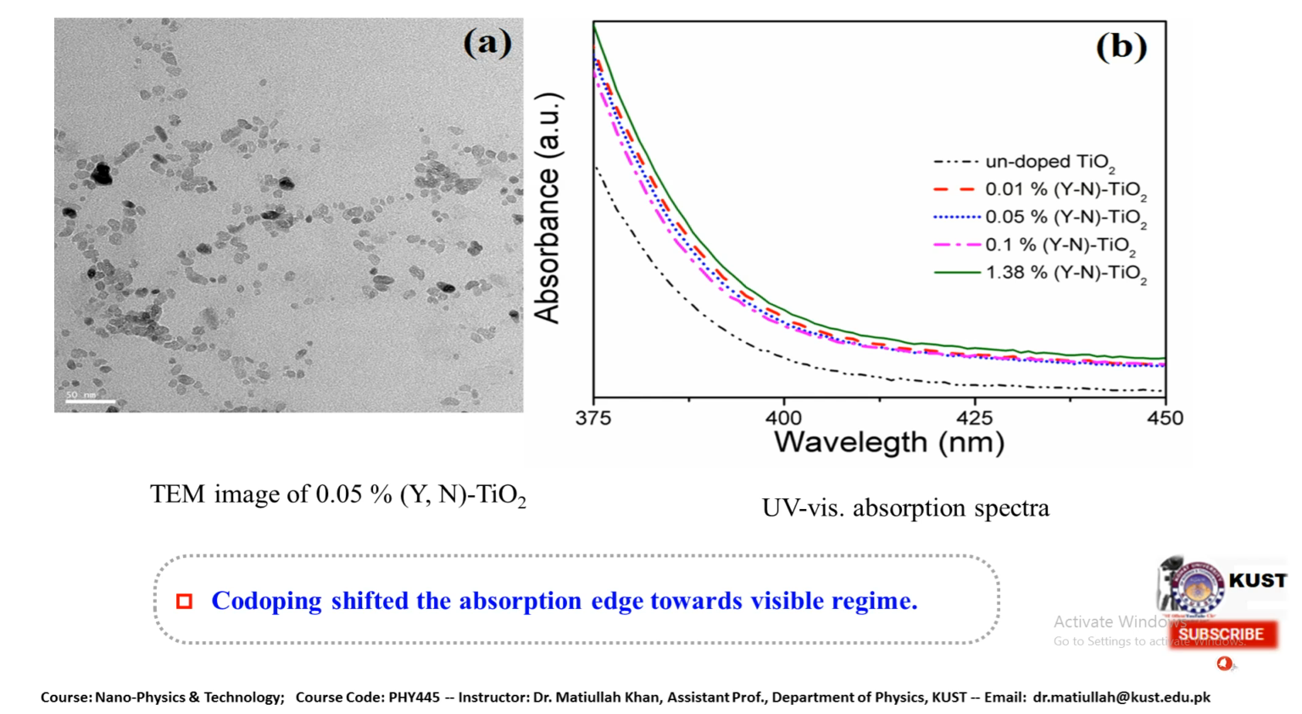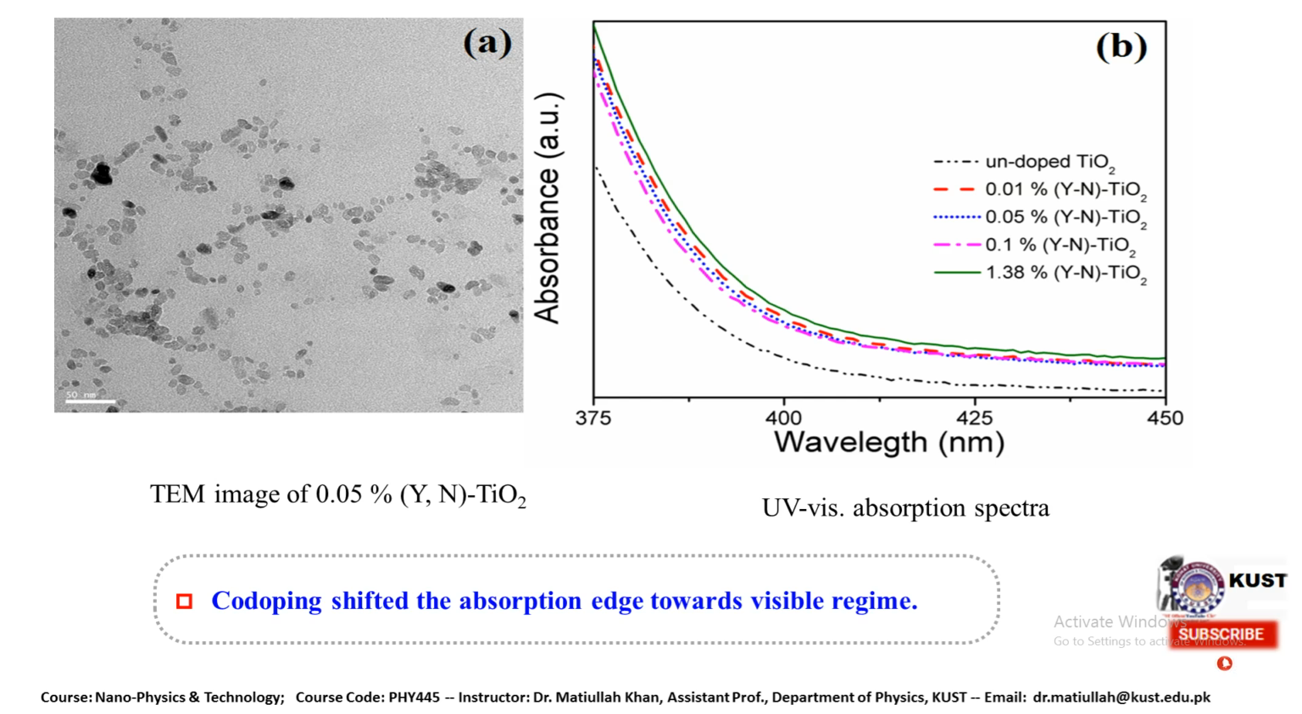So here we can see the experimental results where the doping shifted the absorption edge toward the visible regime, and that is only possible with the help of changing the electronic structure. So in the previous slide we observed that the electronic structure has been changed with the help of doping, and here from the experimental results we found that the absorption edge has been shifted towards another wavelength, that comes in